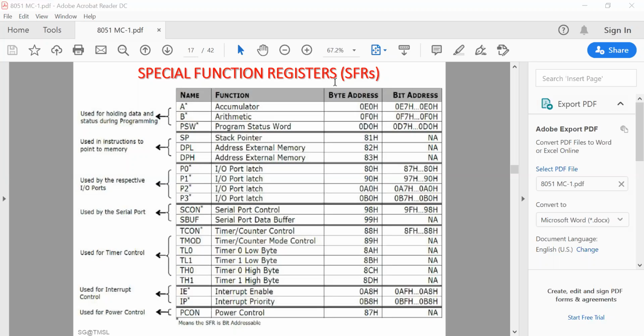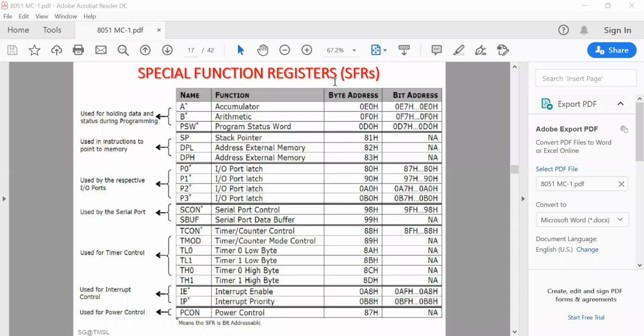Now the lower 128 bytes can be accessed by the 8051 microcontroller, and these portions are available from 00 to 7F. The upper 128 bytes are free to the end user, and that free space can be used such that the upper 128 bytes of memory addresses are assigned from address 80 to address FF. Okay, so 80 to FF.